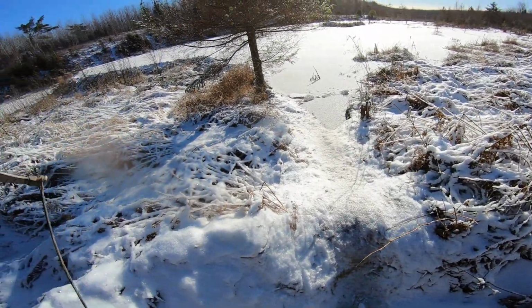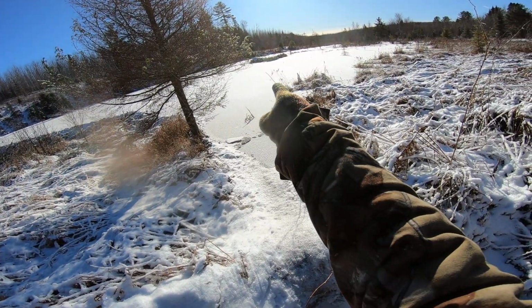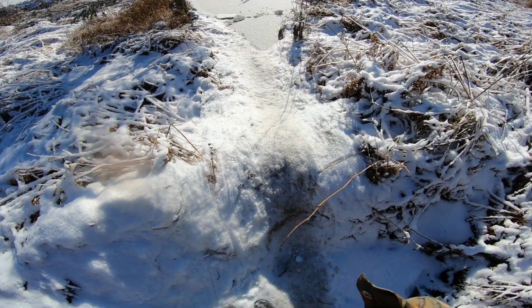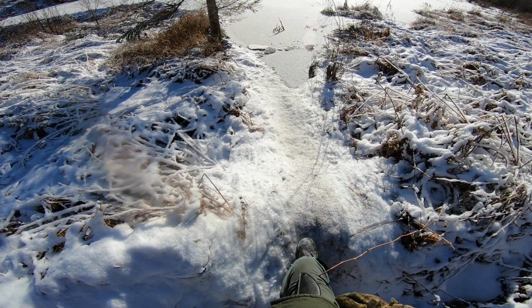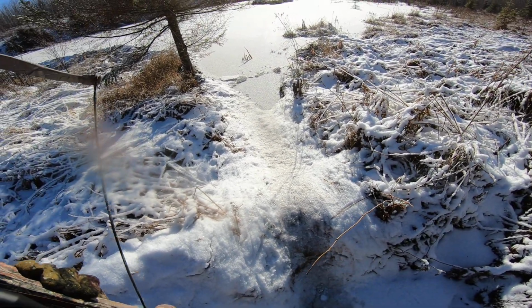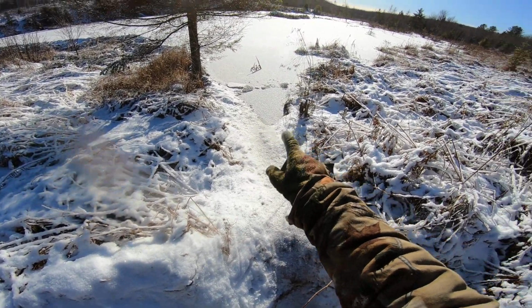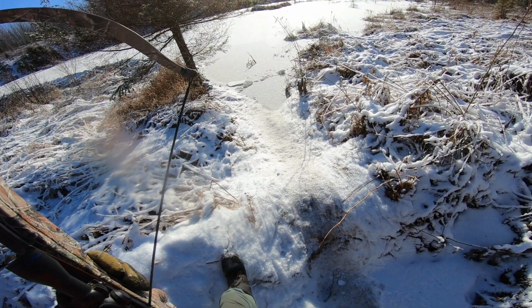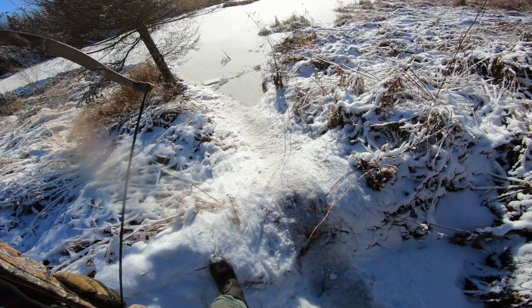I may not be able to get you, but you're mine. Look, they've been busting it. That's probably glare ice. I'm not going to go that far. But you see where they've been busting up? I'm going to bring my axe back here. That's where my other trap's going to go. Thing is, that's going to freeze up fast, but...